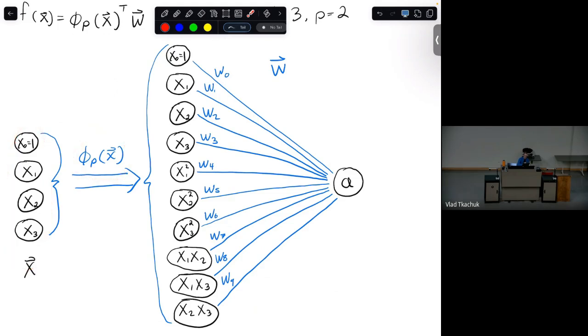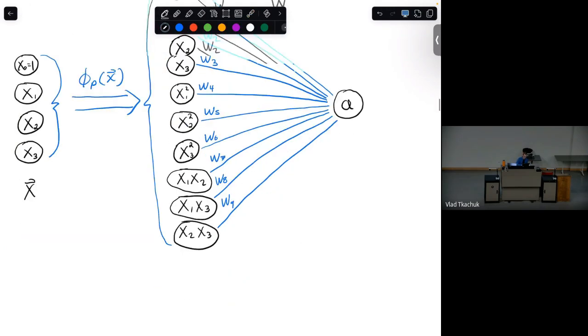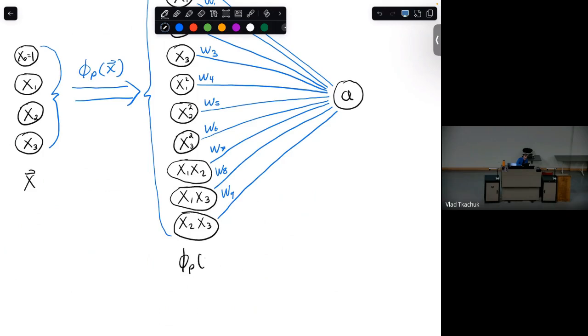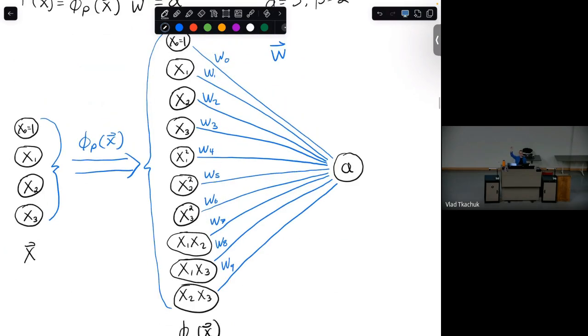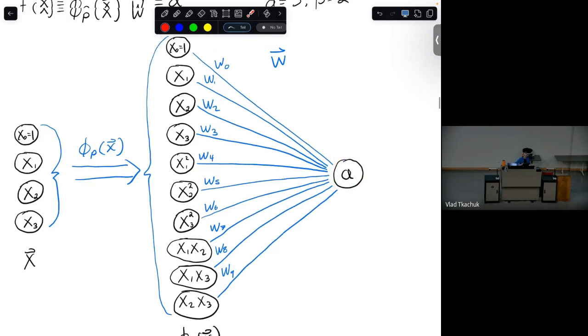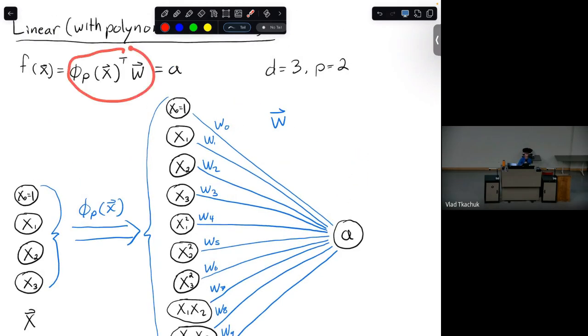So it's just this map that makes a way bigger new feature that you got from x. So this whole thing here now is phi of p of x. Okay, so you got this very big new feature, and then what you did is you just did a linear function on that new feature, and then you would get A here. So A would be this thing here.